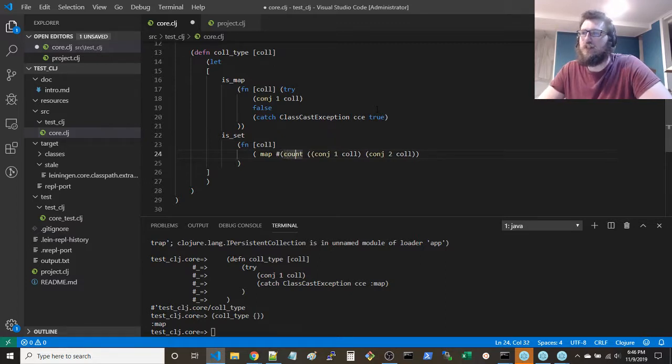You're going to count the result of applying conj of this value to this collection, right? And you're going to do that over 1, 2, sequence 1, 2, right? And then you're going to say equals, if they're equal to each other or not. How do you express that?